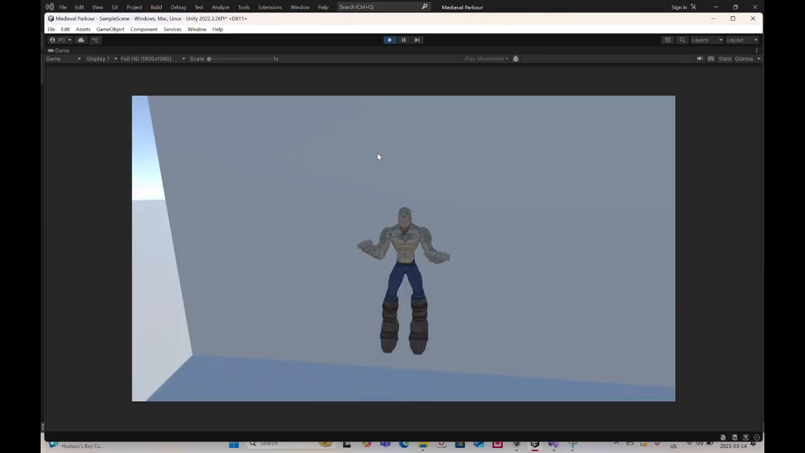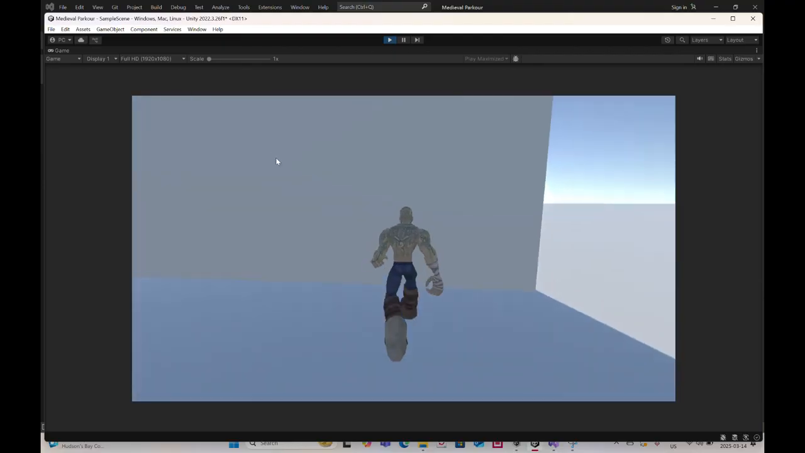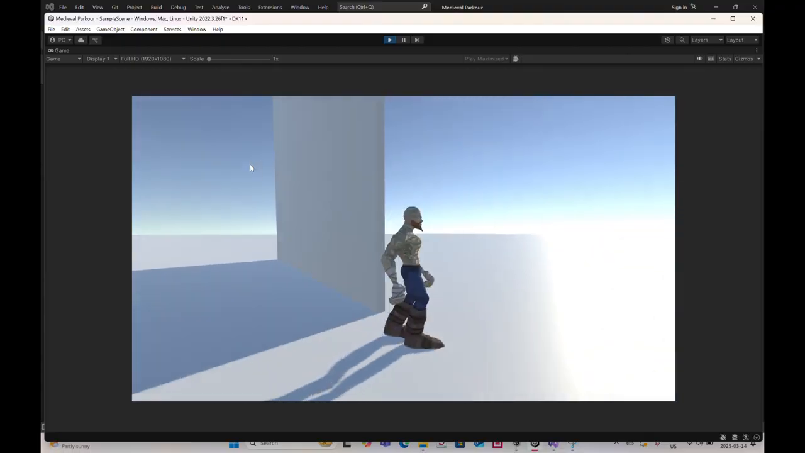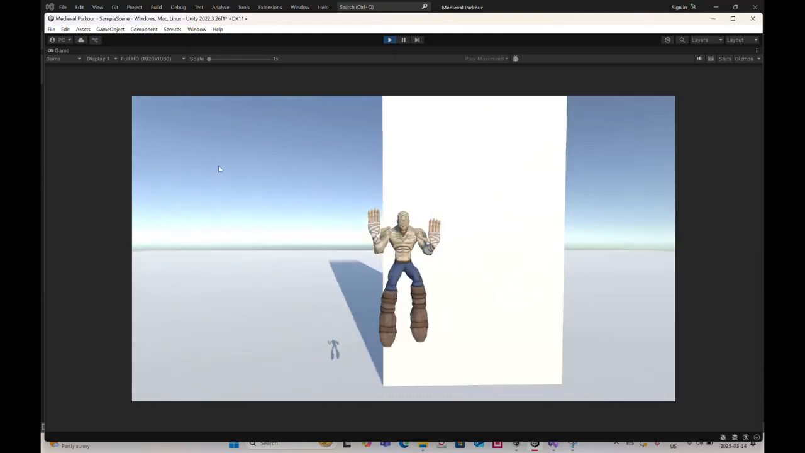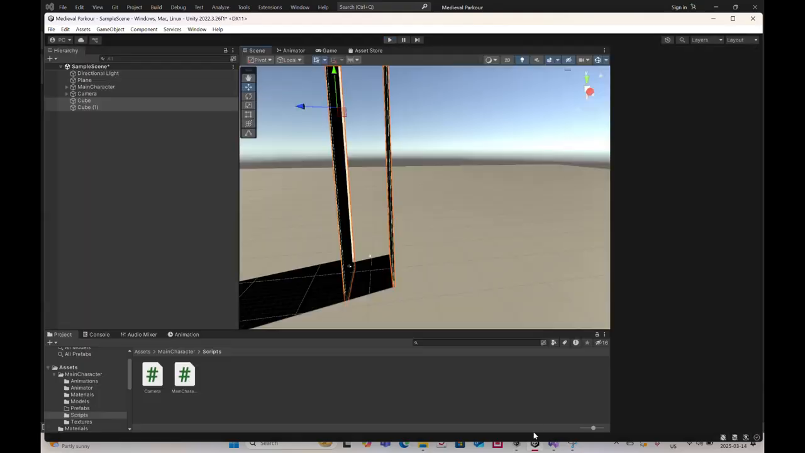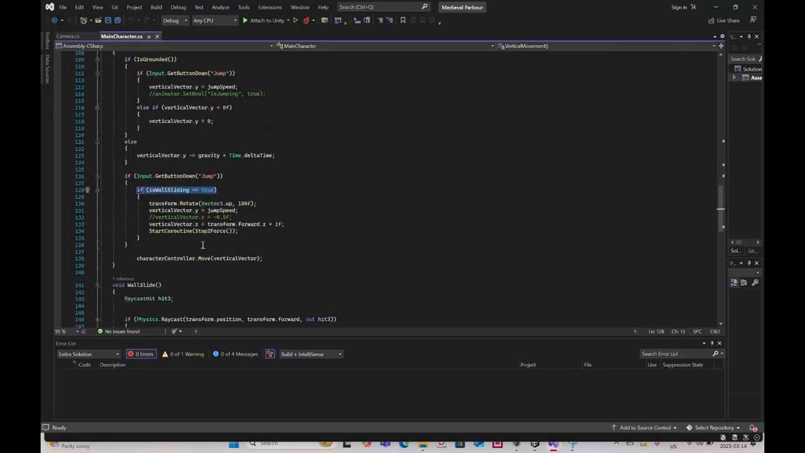So maybe if I go to this other side, oops, easier to see. See, he maintains that wall sliding pose. I think the simple solution to that is something that I missed actually, is when I press the jump button, not from the ground, but when I press jump while wall sliding is true, then while he's jumping off the wall,